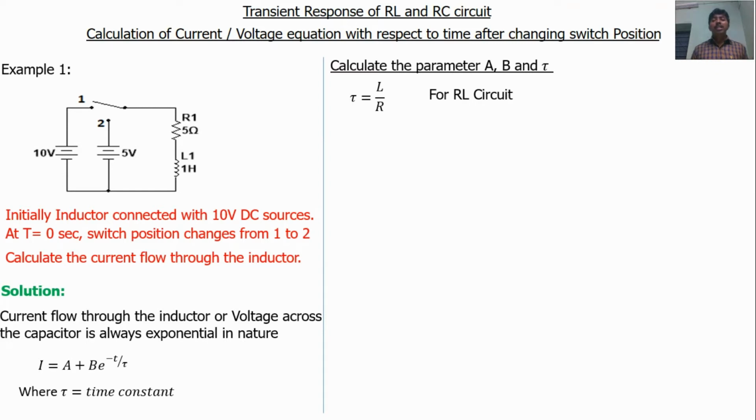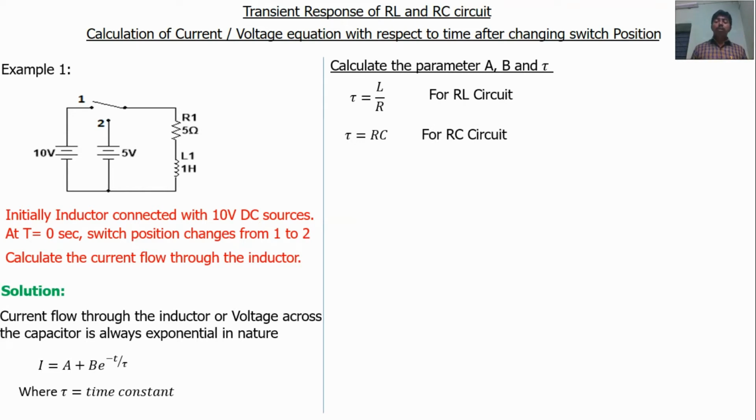Okay, how, sir? This value can be found experimentally. Just connect an RL circuit, apply the voltage, and note the current value every 1 second. The time taken to reach 63% of the final value will be L by R. This is experimental proof. So just remember this formula. Tau is equal to L by R for RL circuits. Okay. Tau is equal to RC for RC circuits. You should remember this formula.